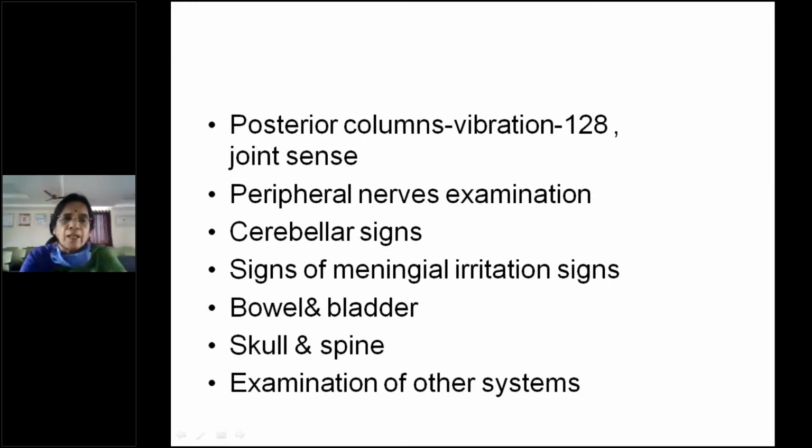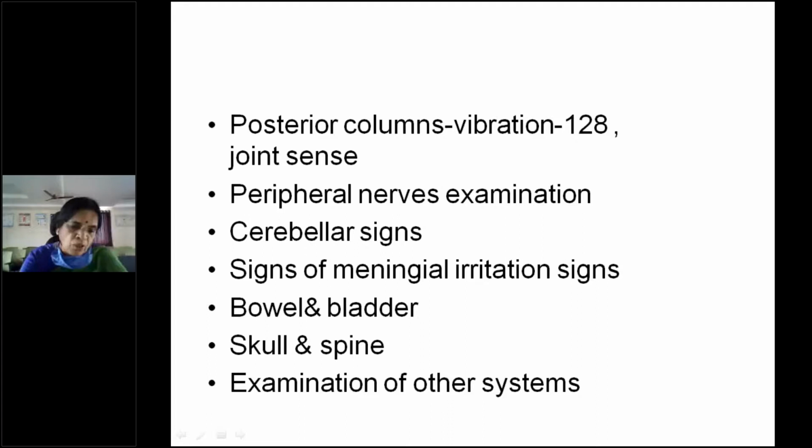So is there any skull or spine deformity? You have to look for it especially when the patient comes with paraplegia. You have to look for all this, and any disc prolapse. Like this you can make out. And then other systems are compulsory. You have to examine the other systems, especially the CVS, to know whether the patient has got any